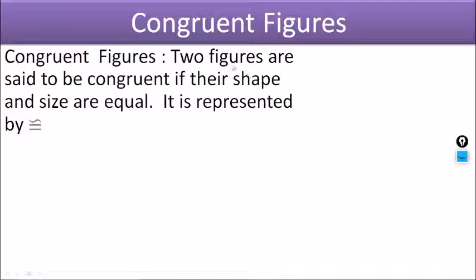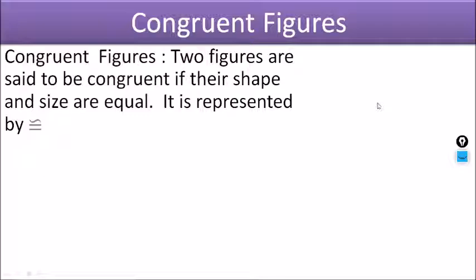Two figures are said to be congruent if the shape and size are the same. It means if we consider one shape to be a triangle and the second a circle, they cannot be congruent. Their shape has to be the same, meaning a triangle is congruent with a triangle and a circle can be congruent with a circle. Second, we have to check equality. There should be some sides equal, or maybe the radius equal.